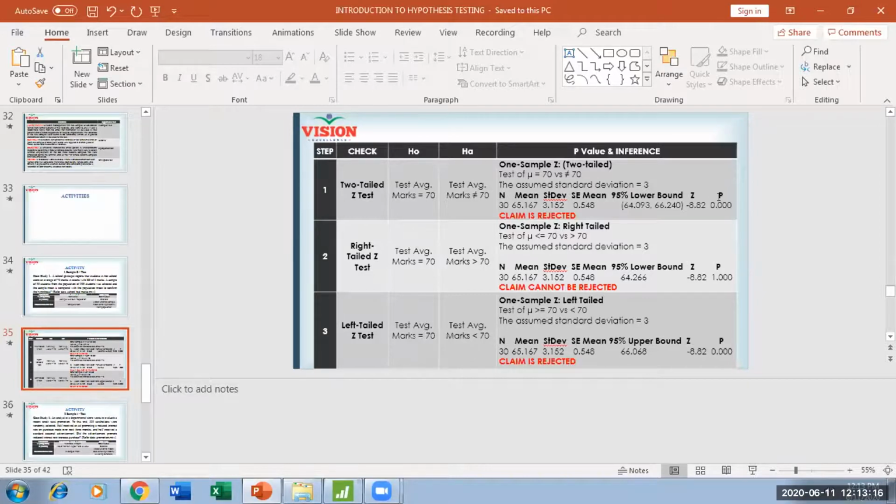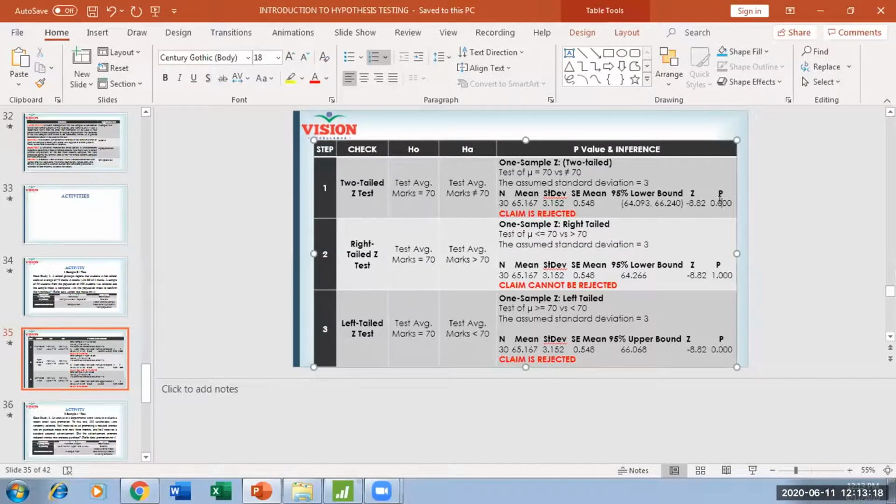Here the same result I have brought. P-value is 0. When p-value is 0, which is less than your alpha, we have to reject the claim. Null is rejected. The school principal's claim, saying that the average mark is 70, should be rejected. I do not know whether it is less than or more than, because I performed the test this way. It's just not equal to. Definitely it is not 70, and it is significantly different from 70. That is what it conveys.